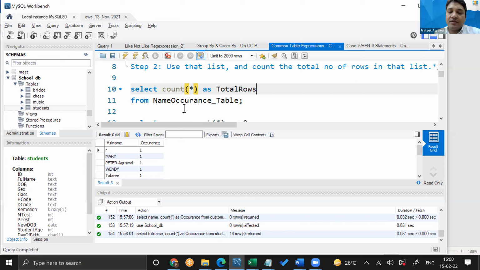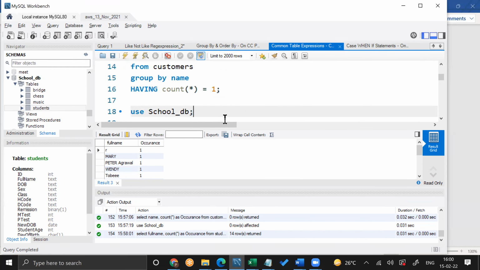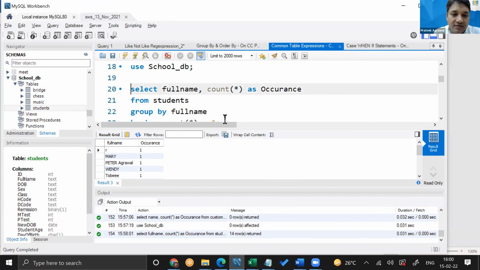Isn't it, everybody? But this name occurrence underscore table really is not a table. It is an output of a query. That's right. And where is that query? This is the query.